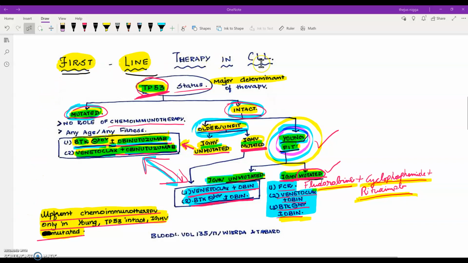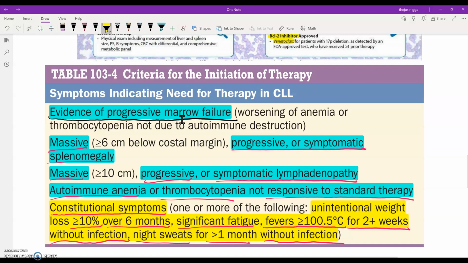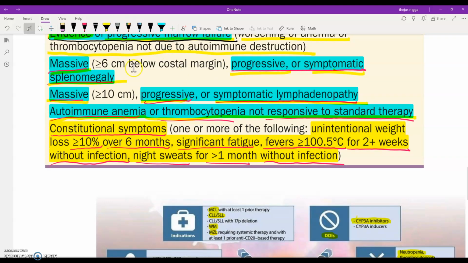The first line therapy in CLL, the initiation of which depends upon certain criteria that are present. The criteria are evidence of progressive marrow failure, worsening of anemia or thrombocytopenia not due to autoimmune destruction, massive progressive symptomatic splenomegaly, massive progressive symptomatic lymphadenopathy, autoimmune anemia or thrombocytopenia that's not responsive to the standard therapy like glucocorticoids, or